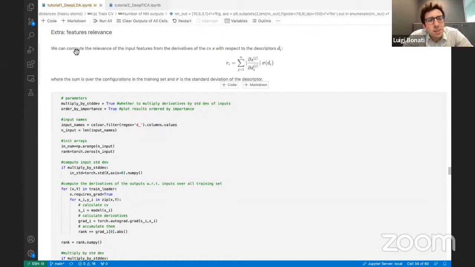Here I put a simple one as an example: we can estimate a weight of the descriptors by computing the derivatives of the collective variable with respect to all the descriptors and averaging over the training set. So we define a ranking, the importance of descriptor I,